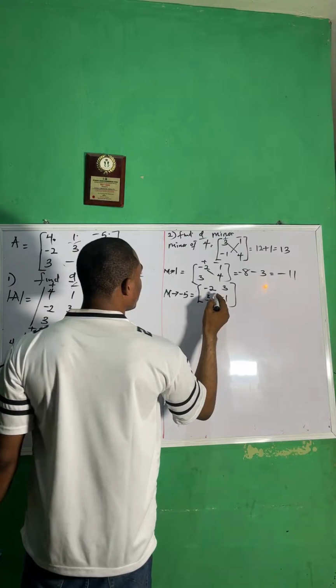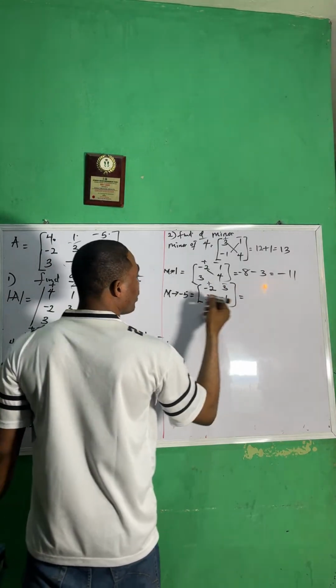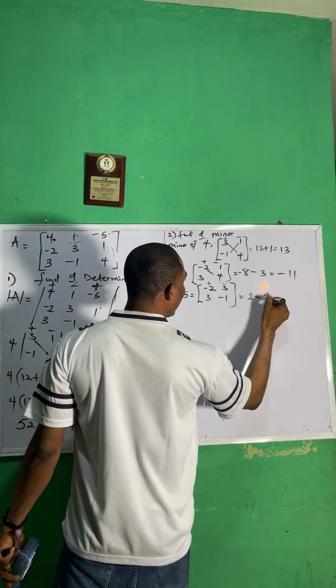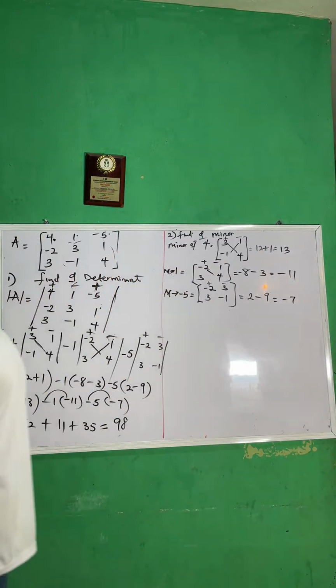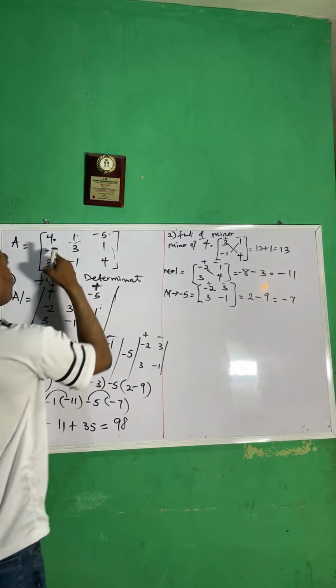So this one will now be what? Plus, minus 2 times 1 is 2. Minus times minus will give us plus. That's 2. Minus 3 times 3 will give me what? 9. So that means I'm having minus 7. That's the minor for minus 5. So the minor of minus 2